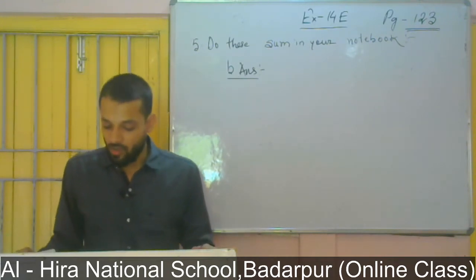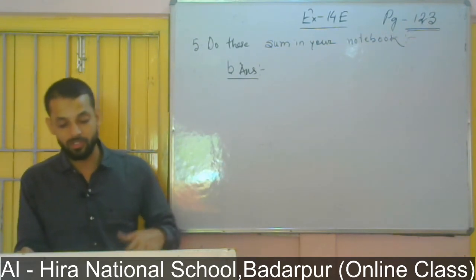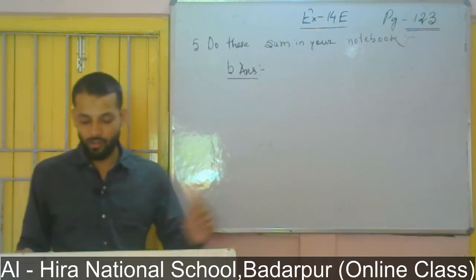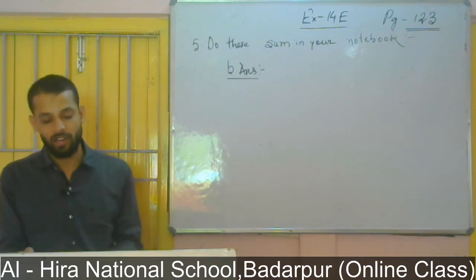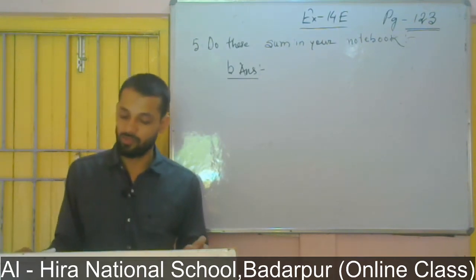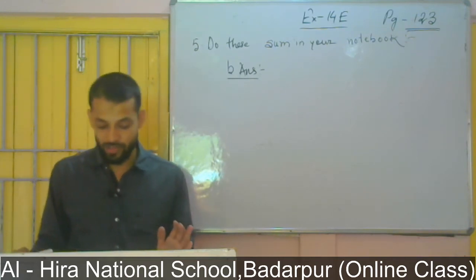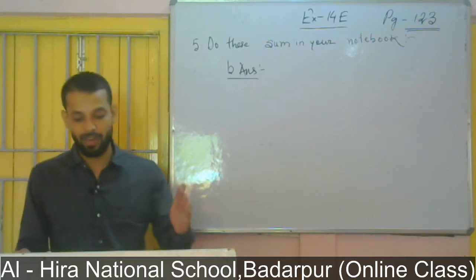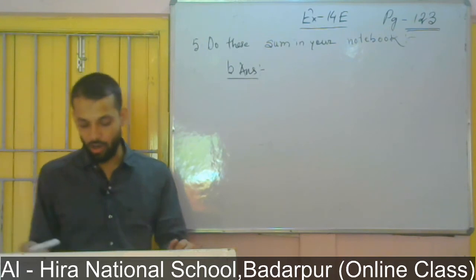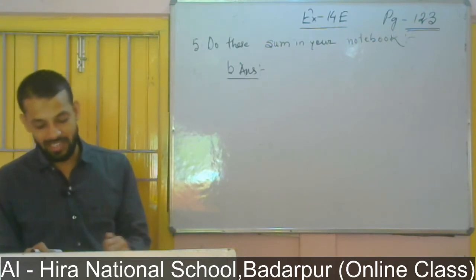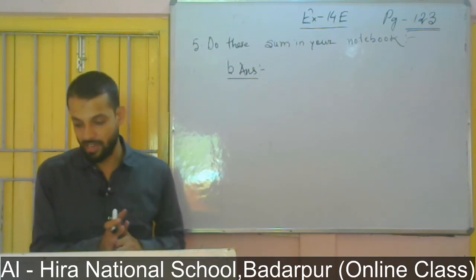Next, rupees 100.50 from her grandpa. That means her grandmother gave her rupees 51 and her grandfather gave her rupees 100.50, and rupees 250.75 from her cousin. She had collected rupees 250.75 from her cousin. So how much money did she get in all? We have to find out the total amount of money she had collected.